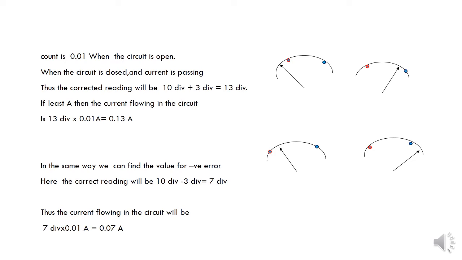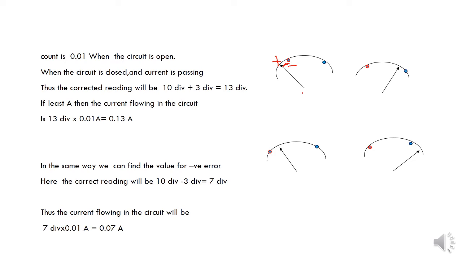Let us assume this is our ammeter. Here this is the 0 of the device, and the pointer is on the left side of the 0 when no current is passing through it. Let us assume that it is 3 divisions left of the 0. When the current passes through this circuit, the pointer moves and shows a division current. It is this much less from the 0.